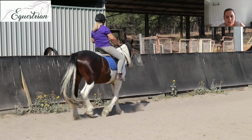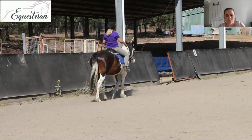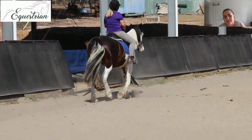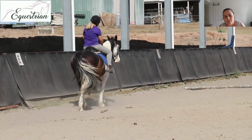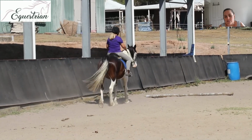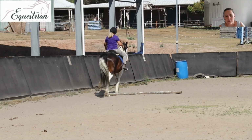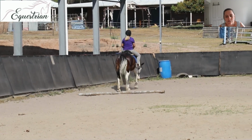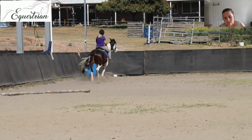So after a couple of months of doing our green to self-carriage, Rabbit is now very easily picking up the right canter lead, and so the next step is building forwardness in the canter in both directions. So just because he can pick up the strike off on that canter lead now doesn't mean that he's forward, active and balanced in the canter. It just means that he can get the strike off. And so we've got to do the strike off, do the strike off, do the strike off,